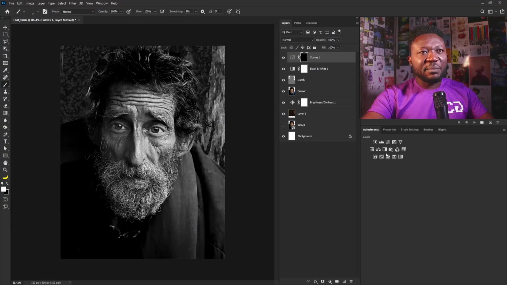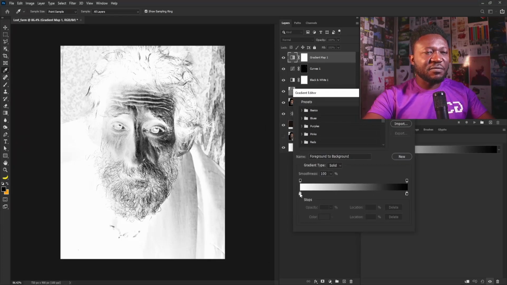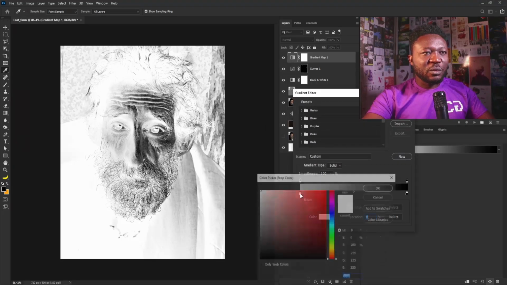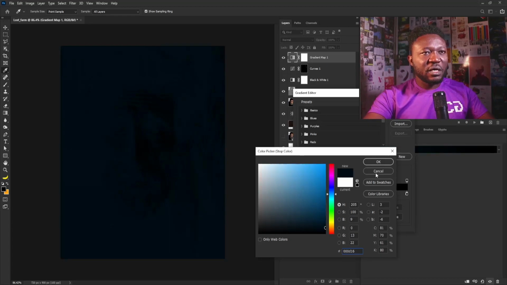So I'll go back to the adjustment tab again and I'm going to activate my gradient map here, and I'm going to make sure that my cursor here is on the gradient map icon and not the layer mask. Okay, so I'm going to click on the gradient editor here and I'll start from this slider here. I'm going to double click on this to activate my color picker, and I'm going to copy my color here. Now I'm going to put the color codes I use here in the description section, so you can just go there and copy the code and apply it to your gradient map. Okay, so I'm going to copy this and paste this here and hit the OK button,